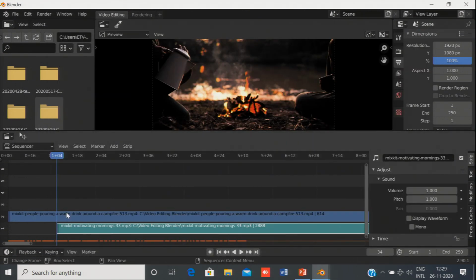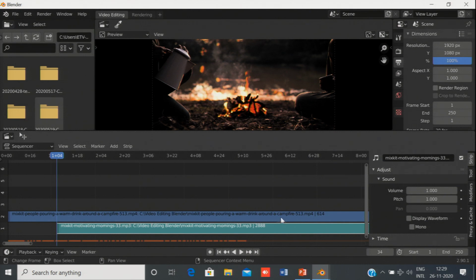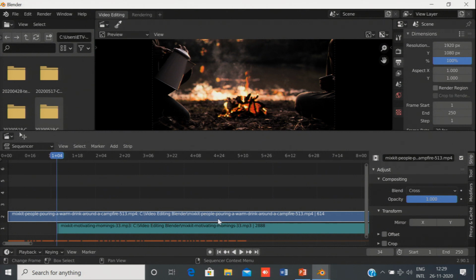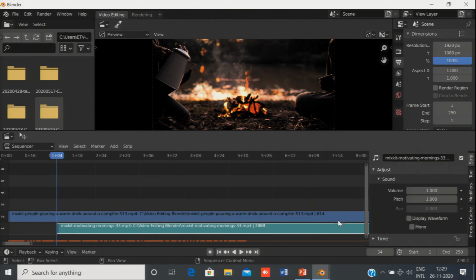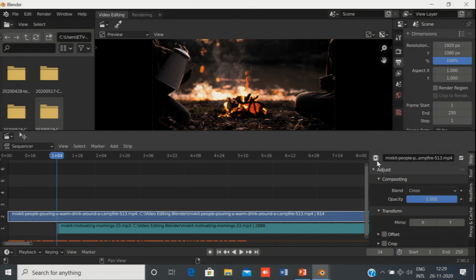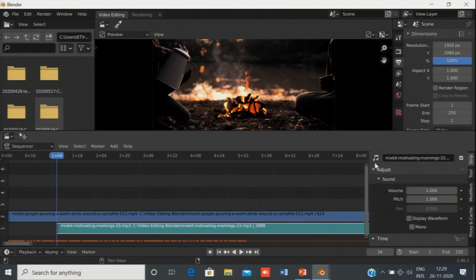So, you see when we added sound, it goes on to a different layer, and when I click on the above icon, this shows the video. You can identify it from here: when I click on it, you can see this video icon is displayed and the name of the file with the extension .mp4. And when I click on audio, you can see this music icon with the name of the file. Now, let me just play the video.